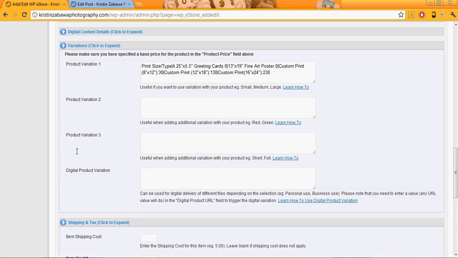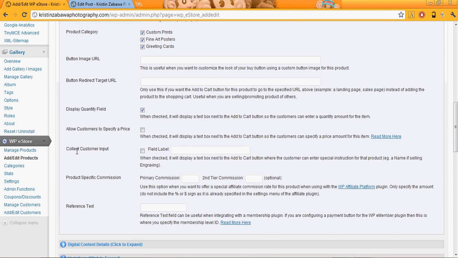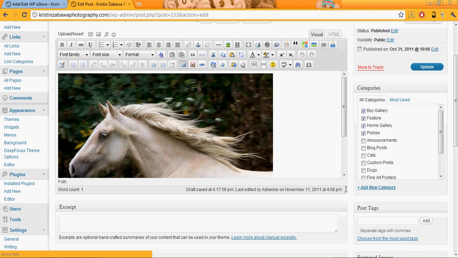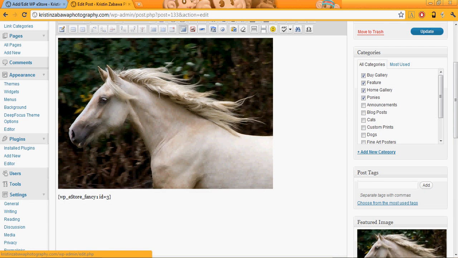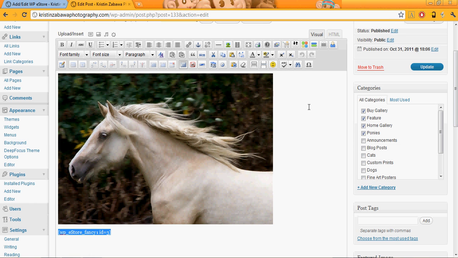You'll have your product. So, let's say you want to make a product page. That's going to be something like this. You're going to have the picture of your print, and then this is the shortcode you want to use to actually sell your product. Now, what you can actually do to put a shopping cart, an eStore shopping cart is what it's called,